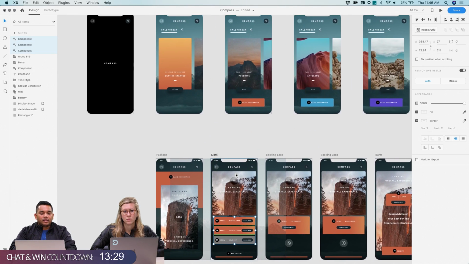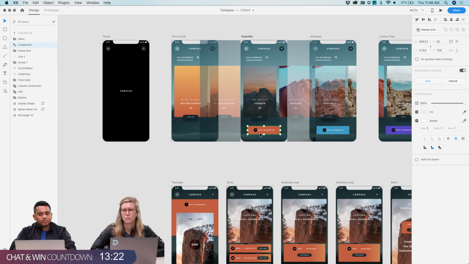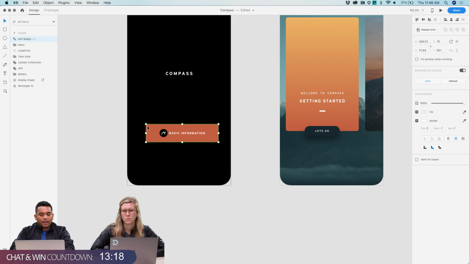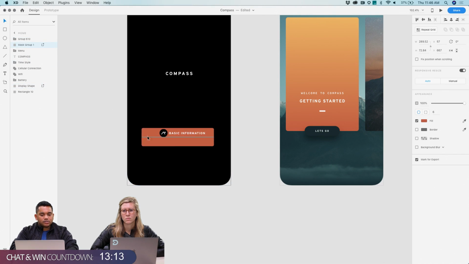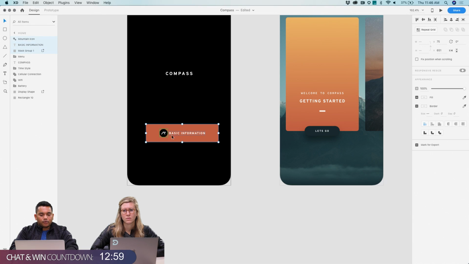Now, one of the things we often get asked is, does everything need to be in a group or wrapped inside a component for it to work with responsive resize? The answer is actually no. So here I'm going to ungroup this whole thing. You can see now all it has is one shape, and I'm going to ungroup this as well. So you've got one icon, one text layer, one background shape. I'm going to marquee select all of these and start resizing. And you can see